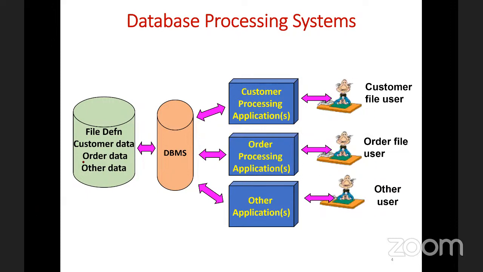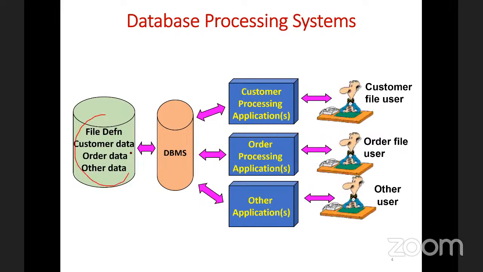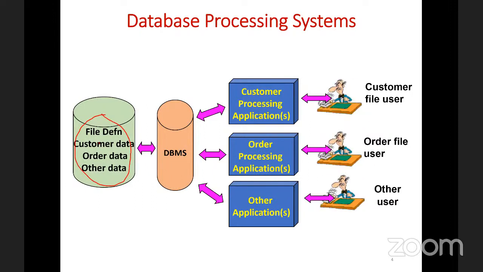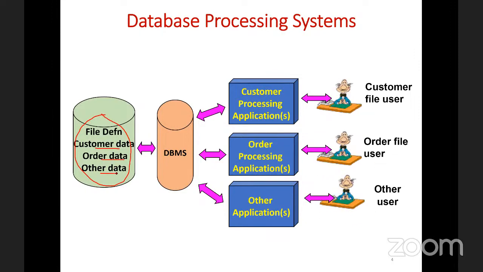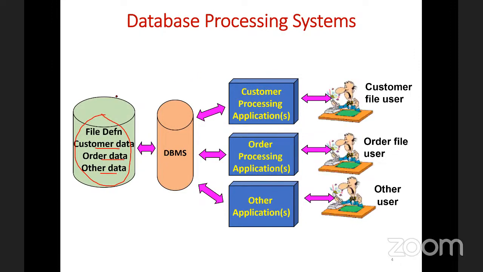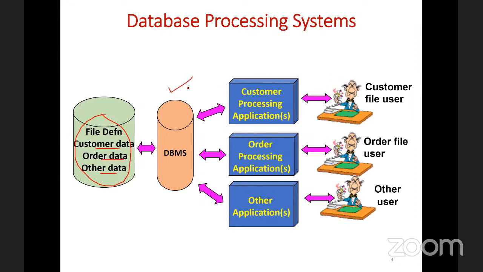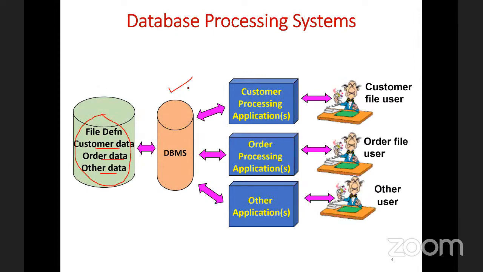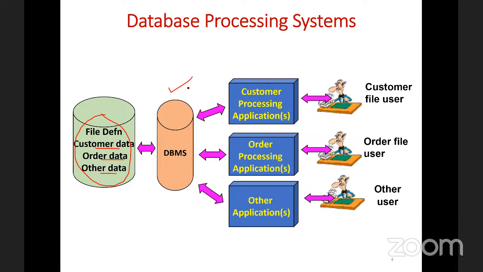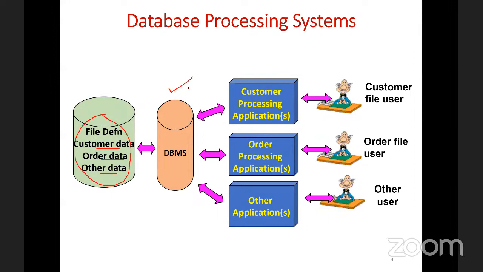But what happens here? Here you can see there is a change. Now you can see that everything is stored at one place, right? So you can see the customer data, order data, whatever data, all data is stored at one place. And then in between that data and the user, there lies a component that we call a DBMS, database management systems, right? So here you can see what difference this database system has made, because with this technology,